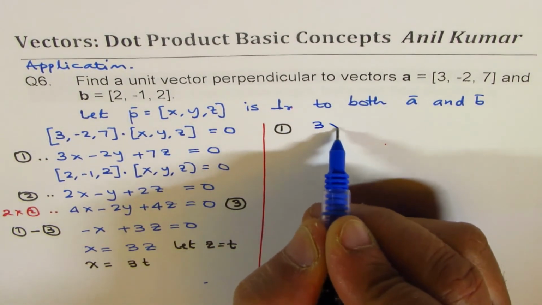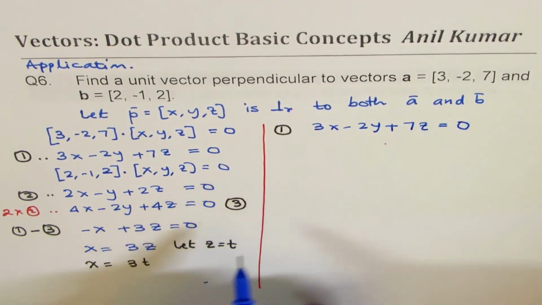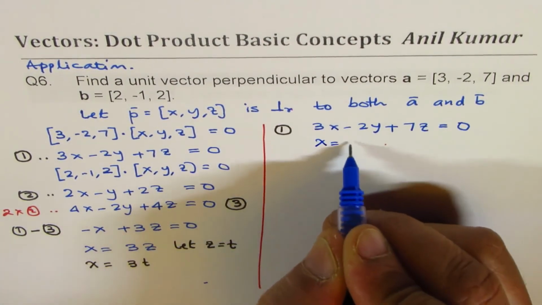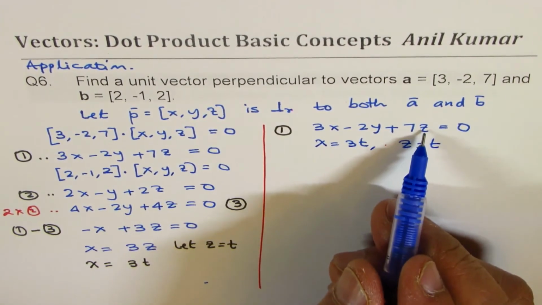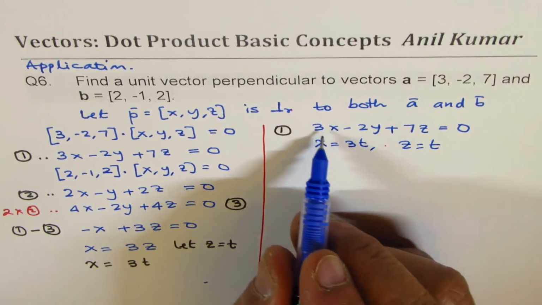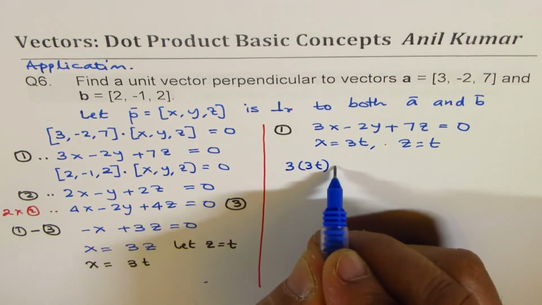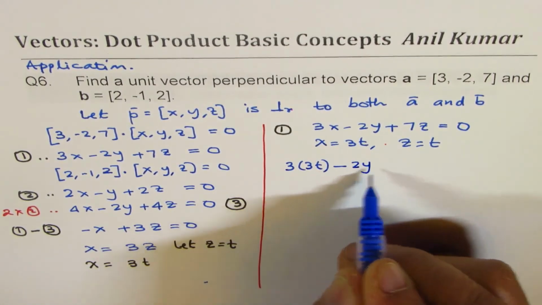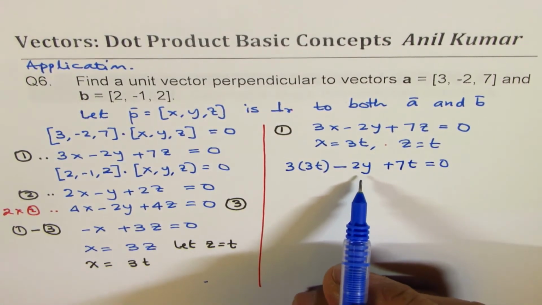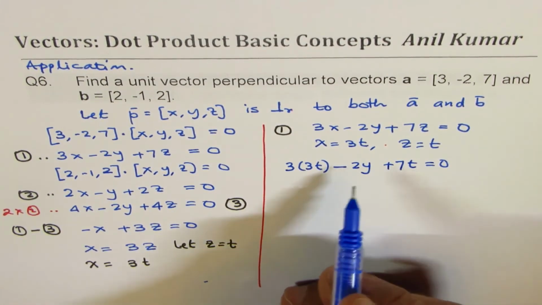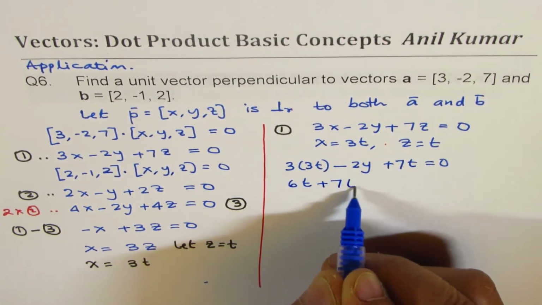Now, using equation 1, which is for us 3x minus 2y plus 7z equals 0, and we know x is equal to 3t and z is equal to t. We can substitute, right? So what we get here is 3 times 3t minus 2 times y plus 7 times t equals 0. We can find y in terms of t. So taking this to the right side,